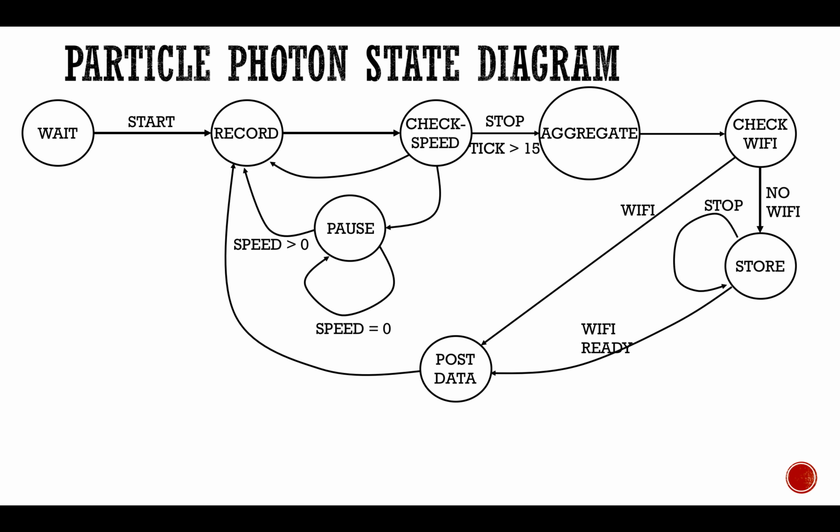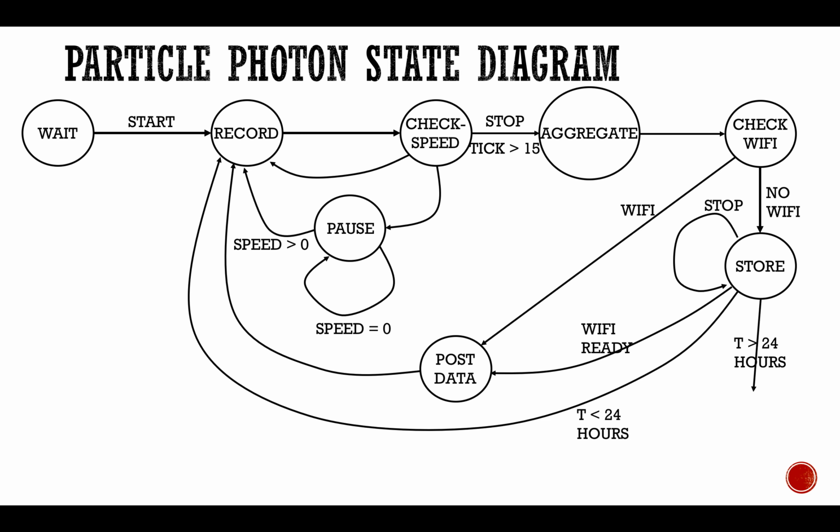We will be staying in this state if stop has been activated. We also check if the data has been stored for less than 24 hours. If that is true, we go to the record state. If not, we go to the delete state, where we delete all the variables and the data that we have collected, and we switch off the LED to signify that we are stopping the recording,